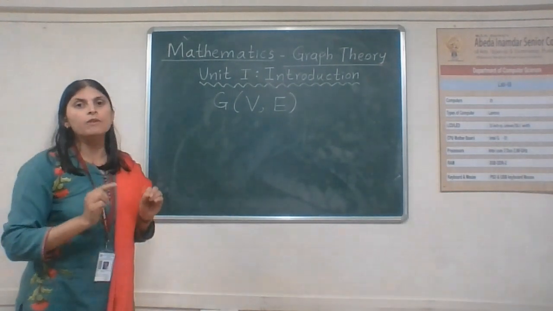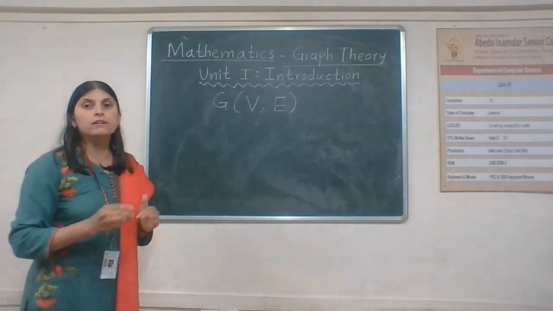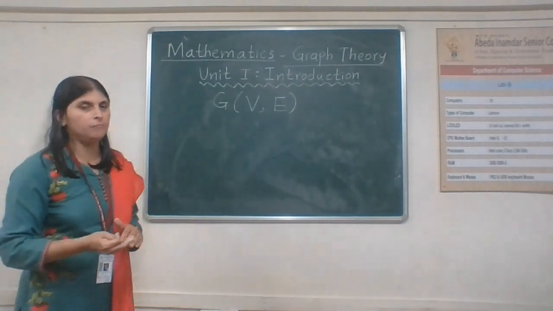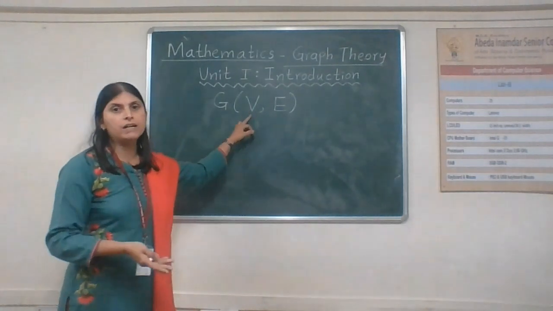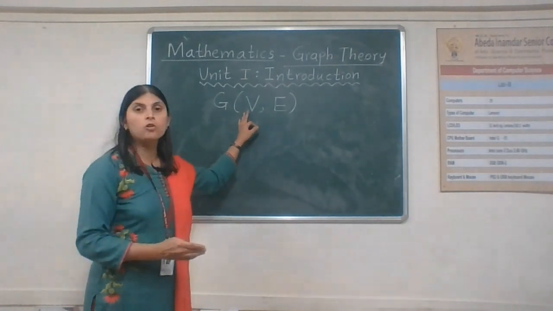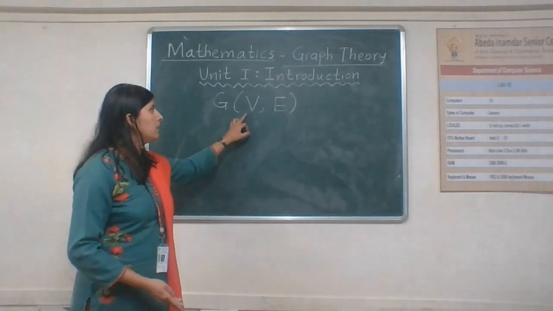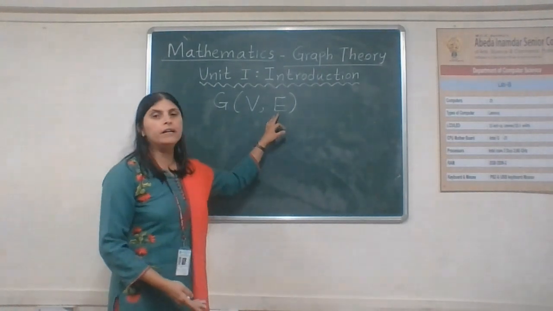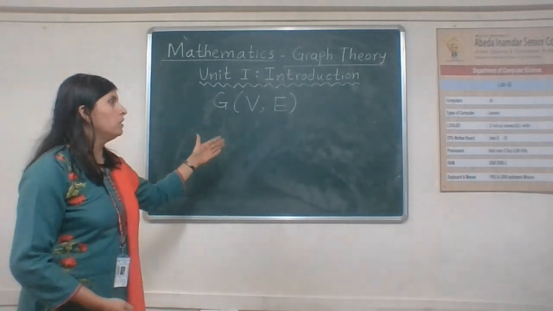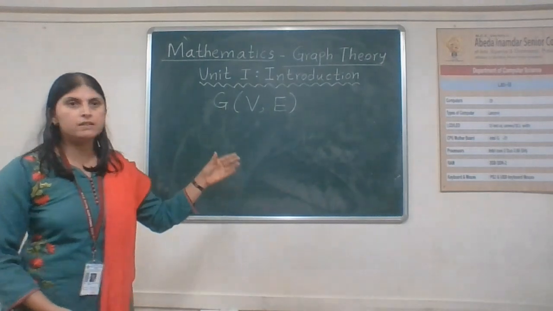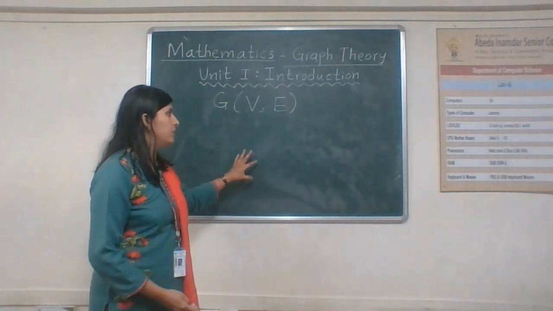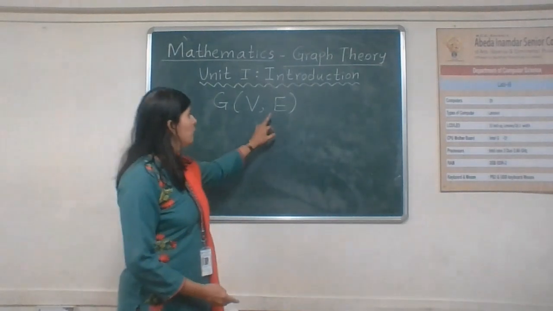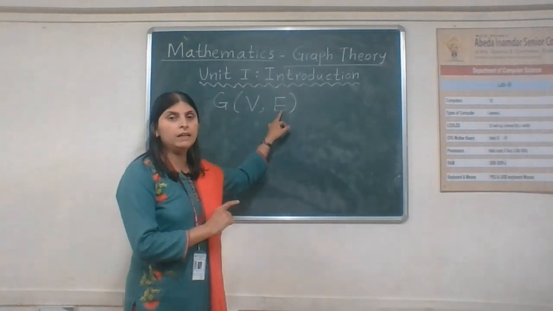Now I will draw one structure here so that you can understand the meaning of a graph. The set V contains vertices. What are vertices? Vertices are also called nodes and these are denoted by small letters. In this structure, we join some of the vertices by line segments. All these line segments are called edges, and all the edges constitute a set, namely E.